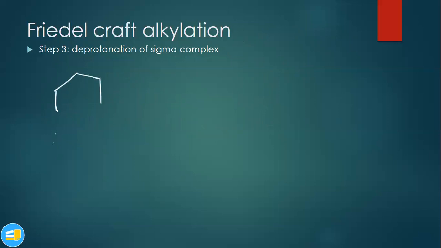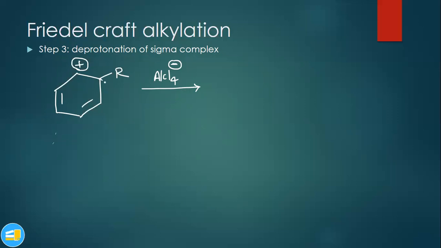As you can see, the sigma complex which is formed in the first step, where R is being attached, is highly unfavorable or highly unstable, because aromaticity is being lost. The AlCl4 which was there in the reaction, if you remember, was negatively charged, so it has electron density and can attract the hydrogen H plus ion. So this is called the deprotonation step.